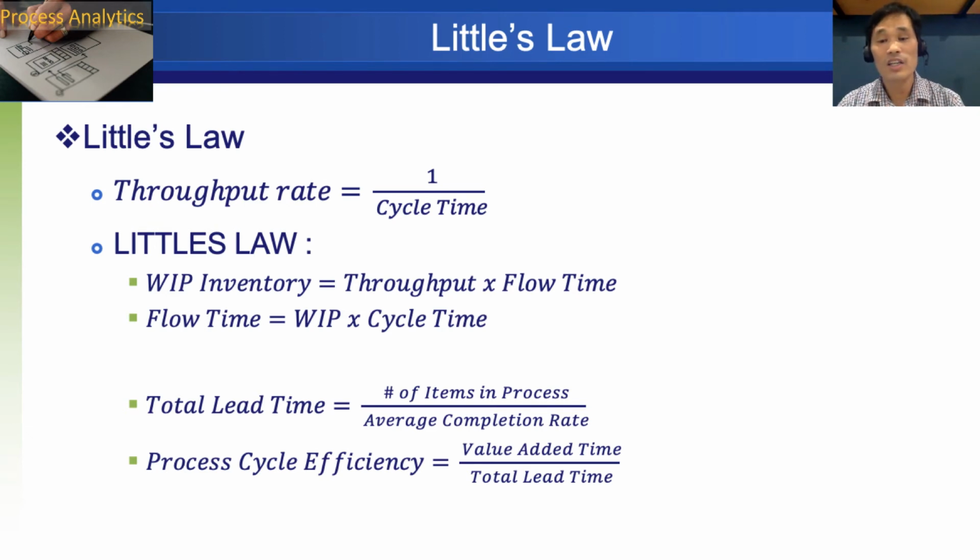Little's Law is an incredibly powerful tool in the arsenal of almost any business process analytics. Little's Law is an equation showing that the average number of customers in a queuing system is equal to their average arrival rate multiplied by the average amount of time they spend in the system. In other words, throughput rate can be understood as arrival rate and flow time as the time spent in the